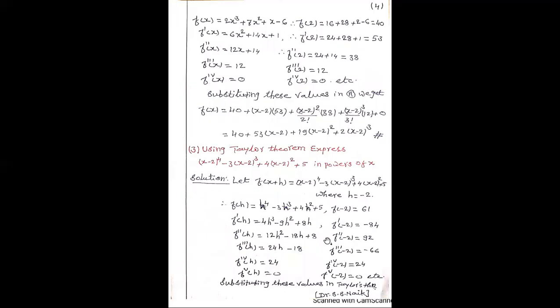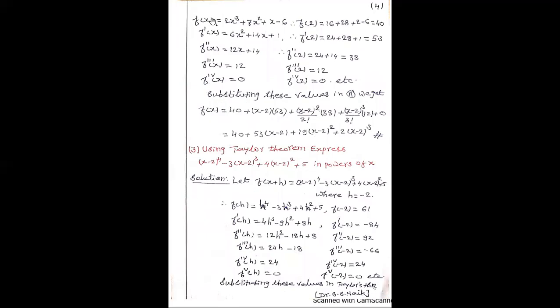Now this is important. If you understand this, then nothing is there in the question. This is the main important part. Once f of x is known to you, you can find f of 2, then find f dash of x, find f dash of 2, and substitute those values in this equation. Whatever value you get becomes the solution of this equation in powers of x minus 2. So this equation number A you'll have to remember. We'll see how to get that.